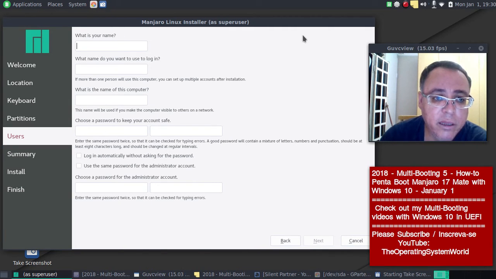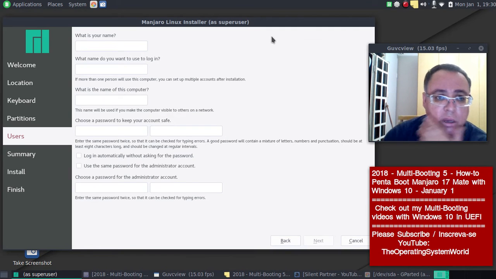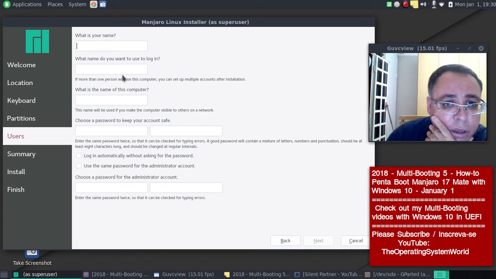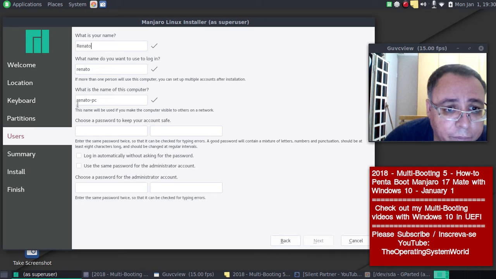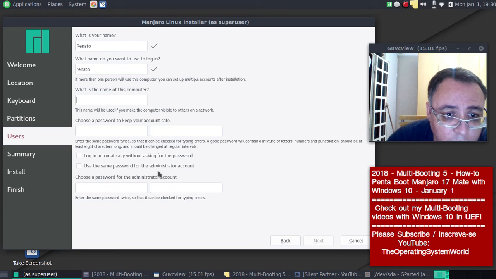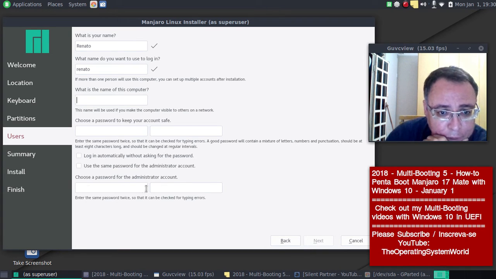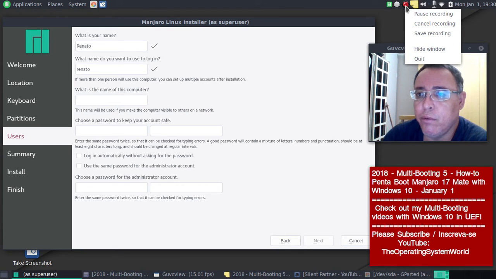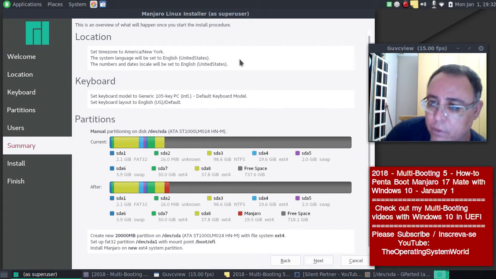Now I'm going to select the username and password, and my username is going to be my name, and PC. I will have a name. I will pause the video and I'll create my computer name and my administrator password. I want to pause the video now. Okay, after I created my username and password, the host name for my computer,